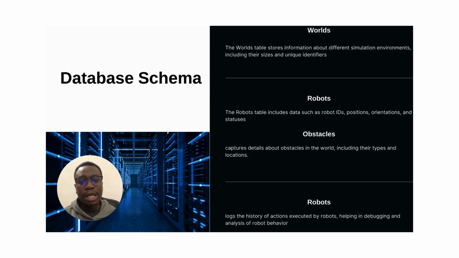The obstacles table captures details about obstacles in the world, including their types and positions. The commands table logs the history of actions executed by robots, helping in debugging and analysis of robots' behavior. The relationship between these tables ensures that the world is accurately represented, and can be